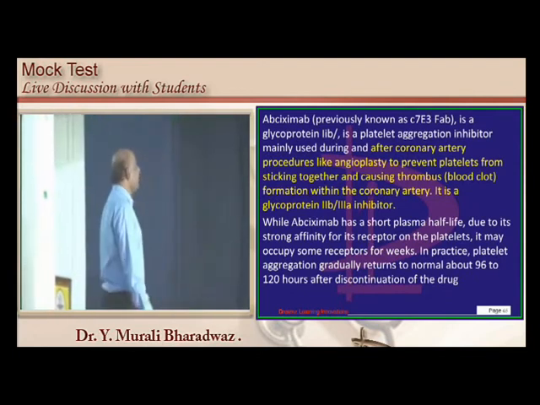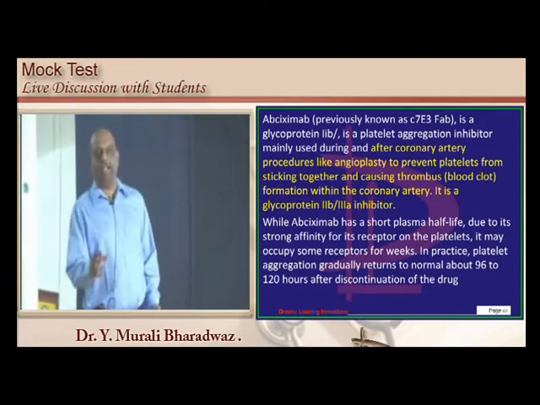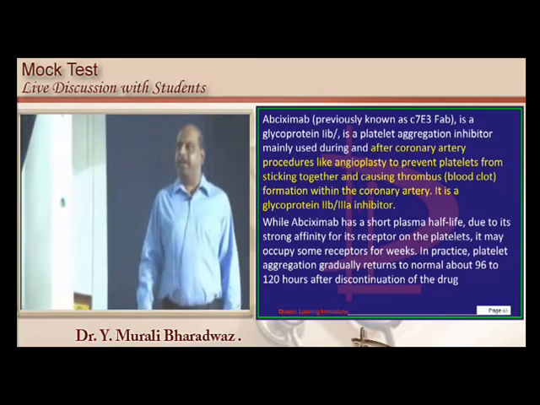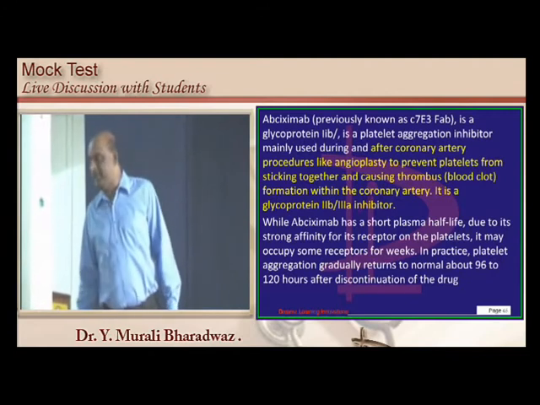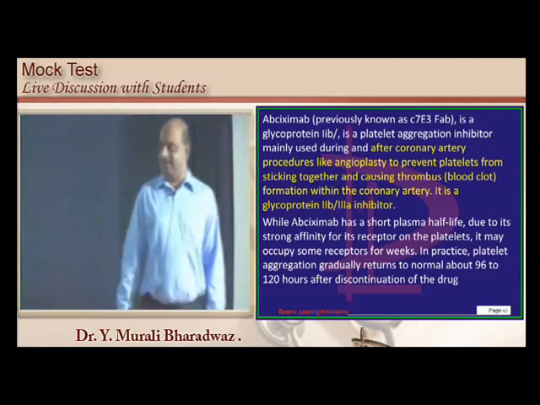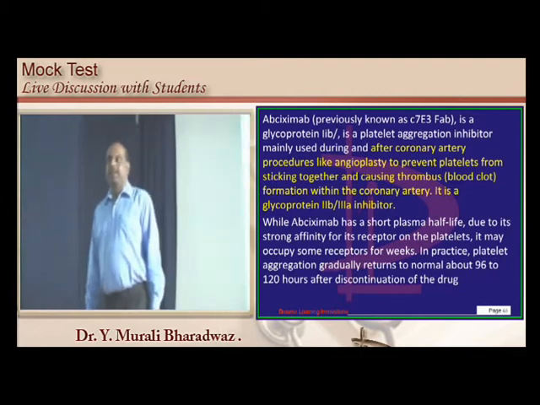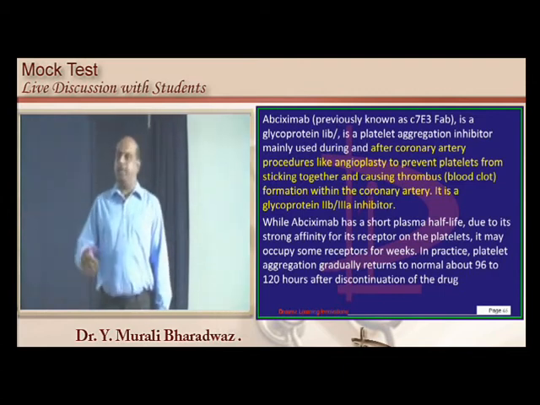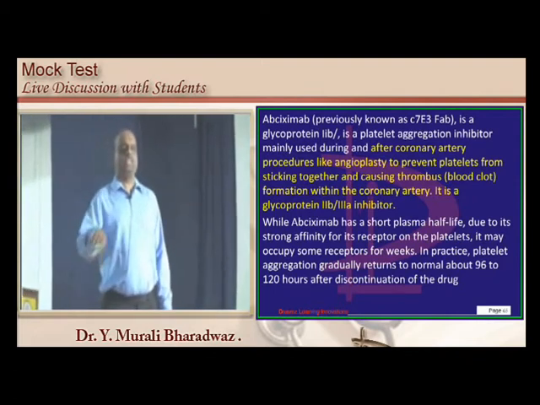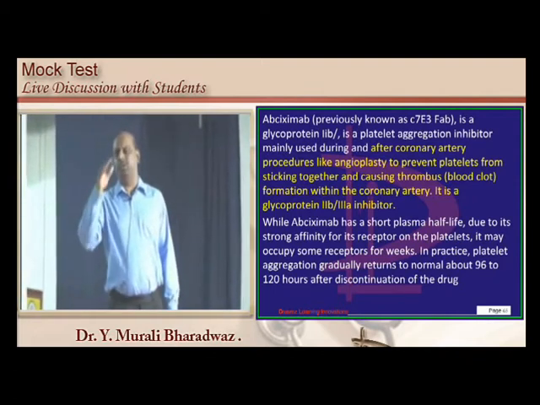It is an inhibitor against glycoprotein 2B3A on the platelets. Even for that we are ready when we go to the exam. Because one question on antiplatelets and heparin and thrombolytics, streptokinase, urokinase, TPA, advantages, which is thrombus specific, which is not, how the